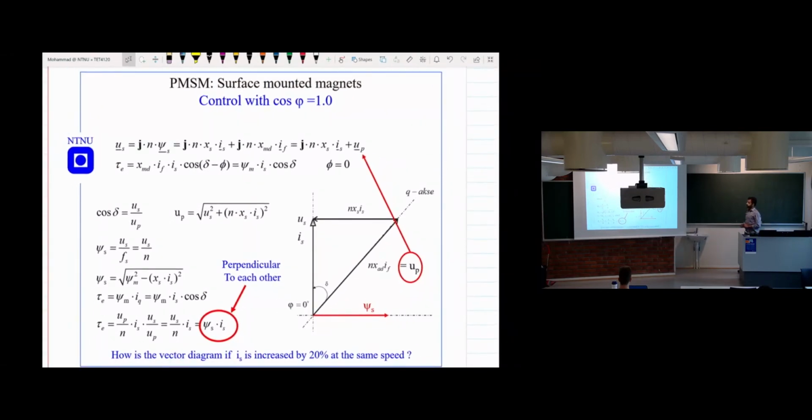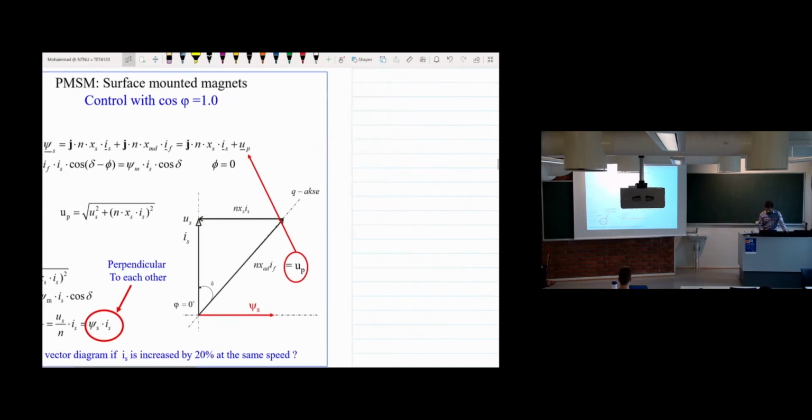So this is the two control that we are talking about. The first control is the cos phi is 1. Here cos phi is the angle between the current and the voltage. If you remember the